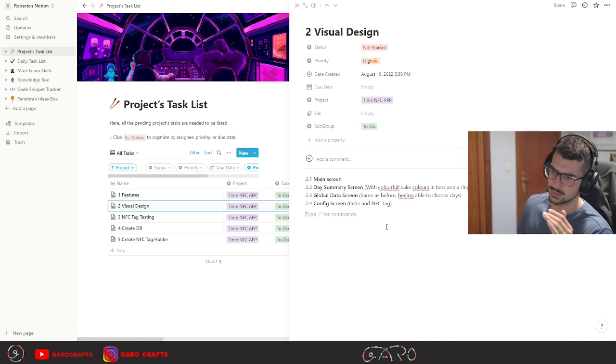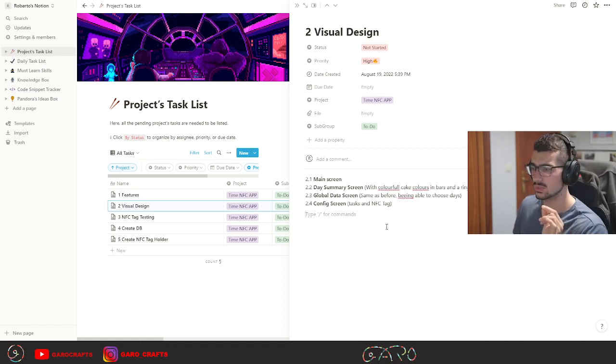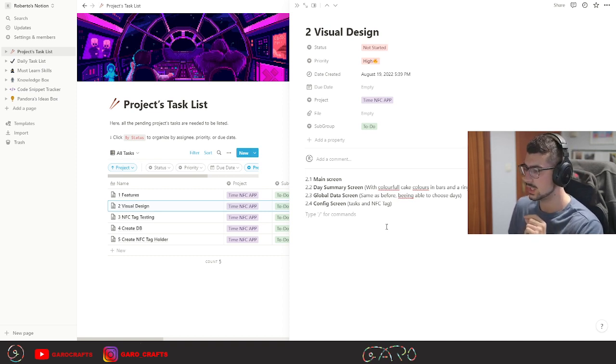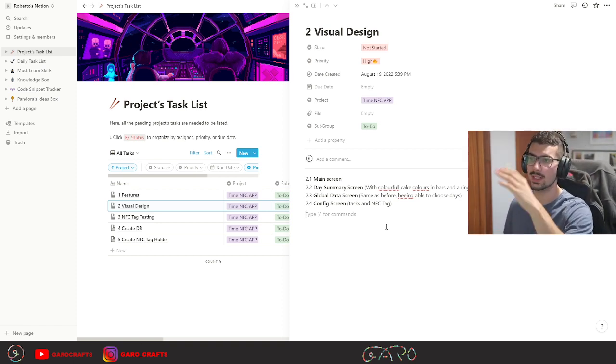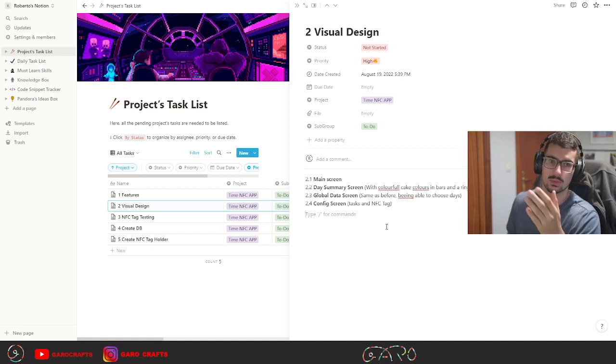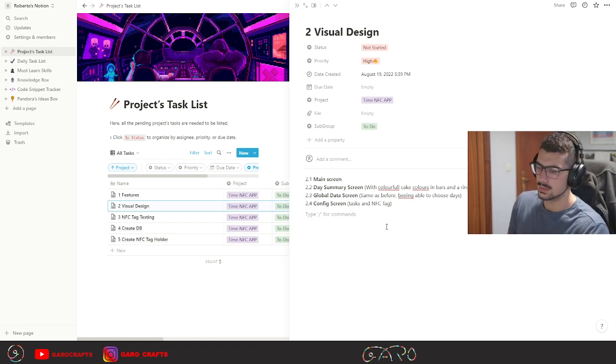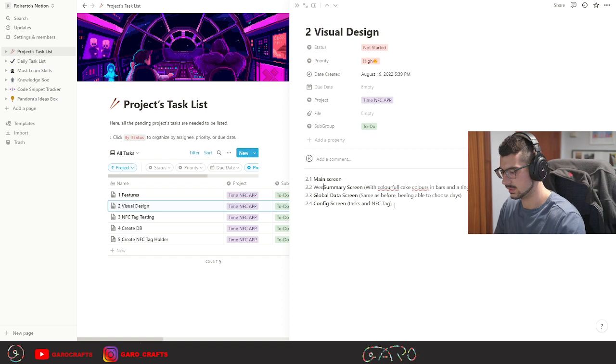Then the summaries. I don't know if I'm going to join them in just one tab in one window, or if I want to maybe do 2 as I'm showing here, like a day summary and then global data screen, or a weekly summary which allows you to change from 1 day to 2 days, or from this day to this other day. Okay, and the global data. In fact, I will change it for weekly,